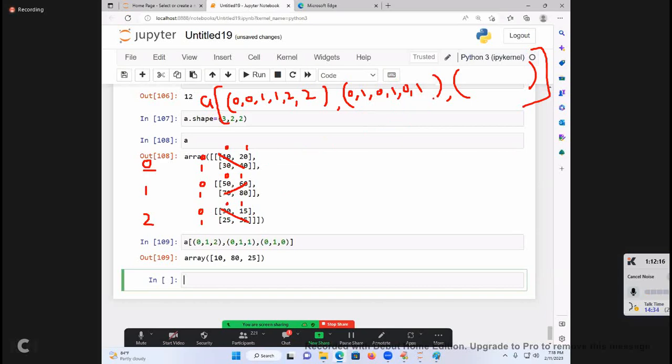Rows are over. Columns. 10: column 0, comma 40: column 1. Next, 60: column 1, comma 0. Next, 0, comma 1.